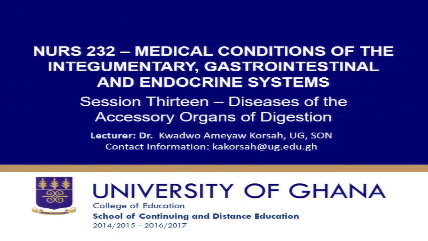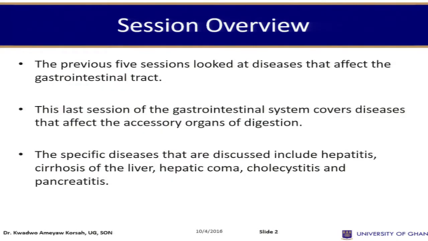Let us look at section 13, diseases of the accessory organs of digestion. In the session slides, we look at diseases that affect the gastrointestinal tract. This last section of the gastrointestinal system covers diseases that affect the accessory organs of digestion. The specific diseases we have to look at are hepatitis, cirrhosis of the liver, hepatic coma, and cholecystitis,